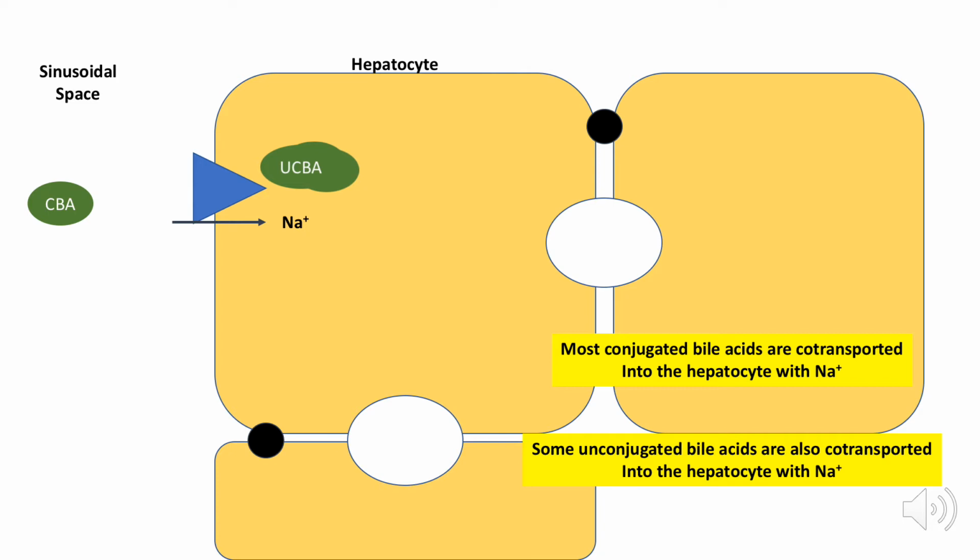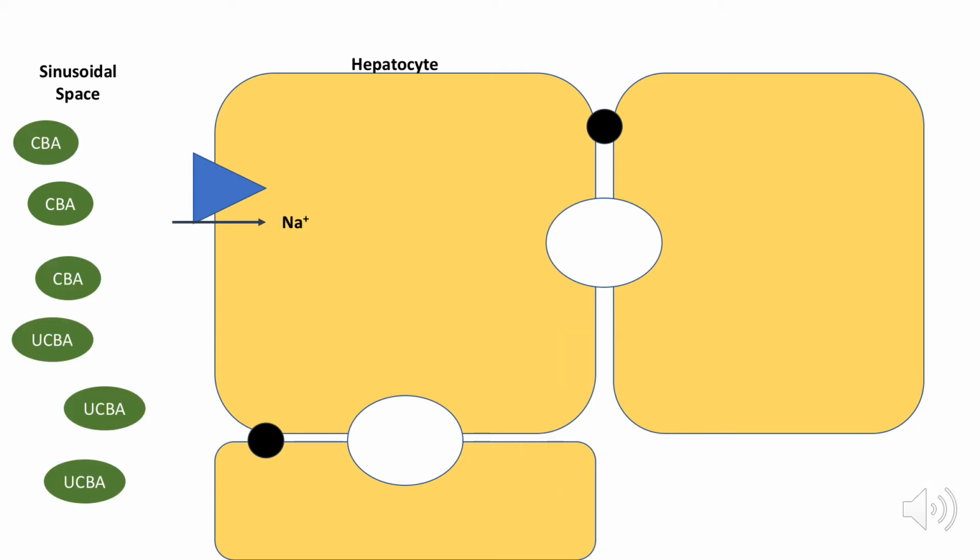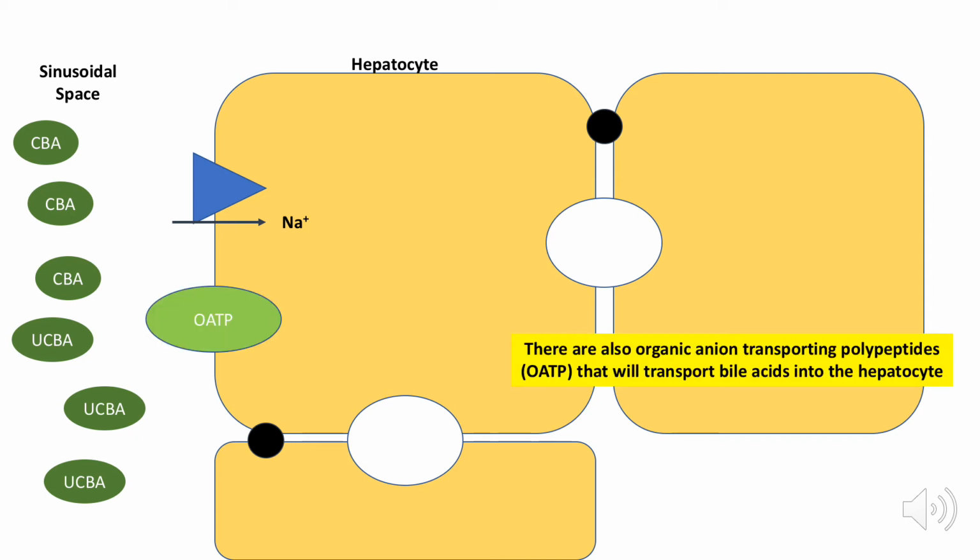Now, most people believe that there is a concentration gradient difference, that you have less concentration in the sinusoidal space when compared to the hepatocyte. So therefore you require energy to move the bile acids into the hepatocyte. So as you can see, as well as sodium transport, using the sodium gradient to get the bile acids into the hepatocyte, we also have what are called organic anion transporting polypeptides, or OATP, that transport bile acids into the